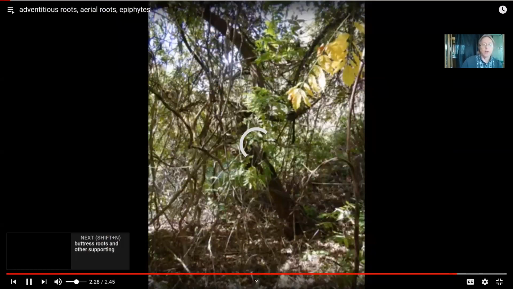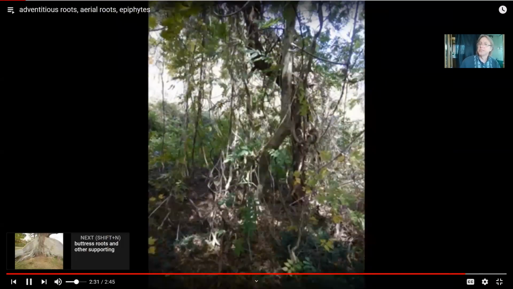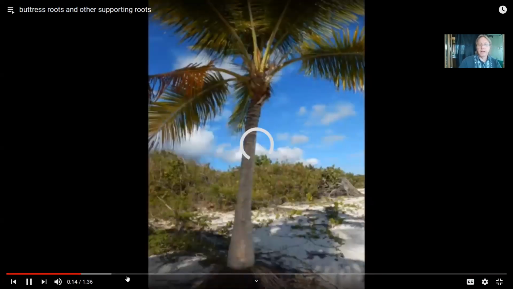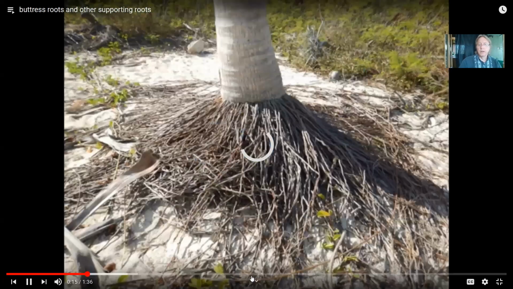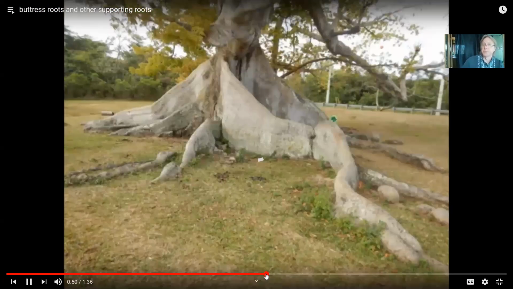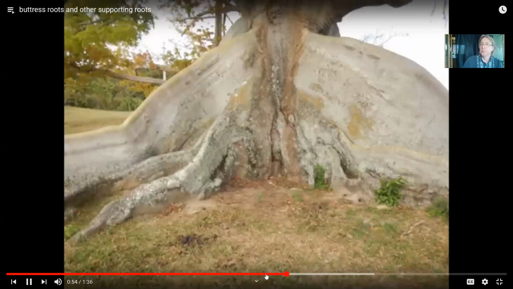There are additional types of root systems which are meant for support. Some are called buttress roots, and there are other types of roots here. These are meant just to create additional support. So we can see some here. There are some very famous types of trees which provide these big buttress roots for support, such as the ceiba tree from the Caribbean. These very thick buttress roots